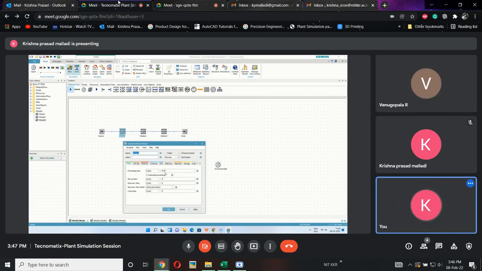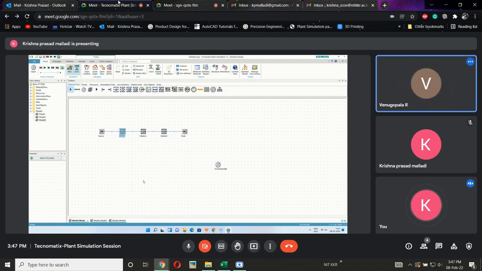It was defined as 10 seconds, but in reality no machine completes the process in 10 seconds, so we need to change that. There is a formula defined with days, hours, minutes and seconds. Let us assume 3 minutes of processing time for station 1. Apply.